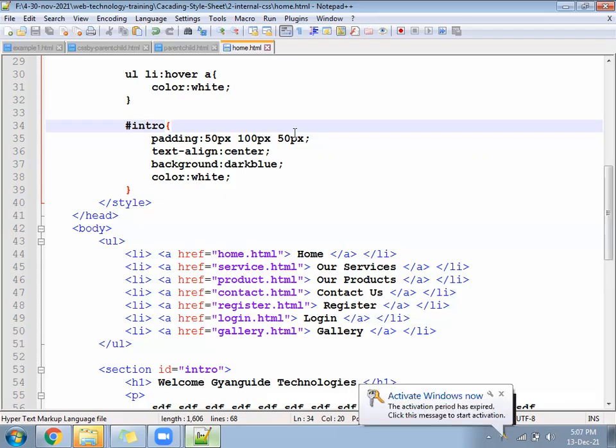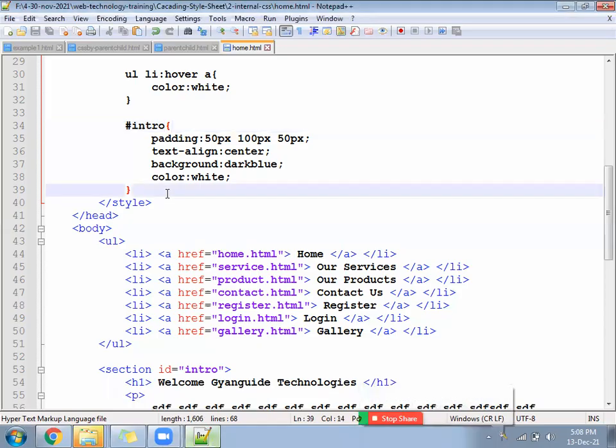If it works, then let me know the code also. Body already we gave margin 0 px. Try your own. Are you able to find or not? If you are able to find, give me the code. If you are not able to find, then I will write. 2 minutes. Anyone?